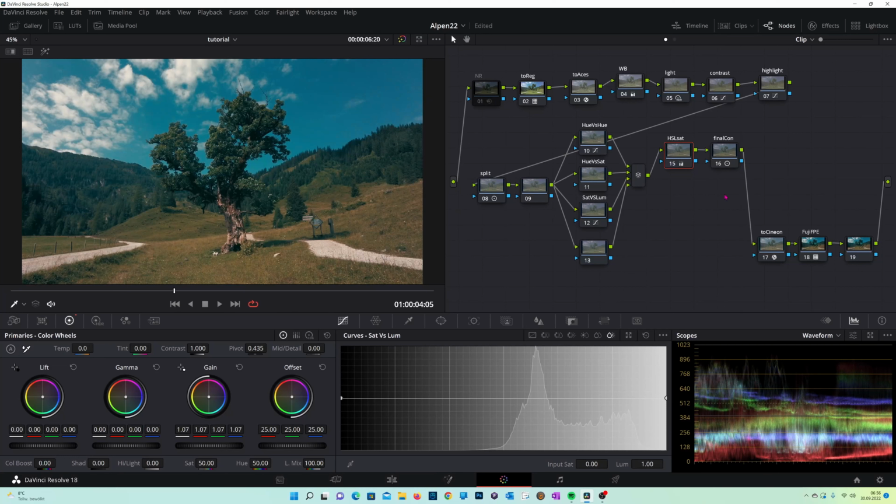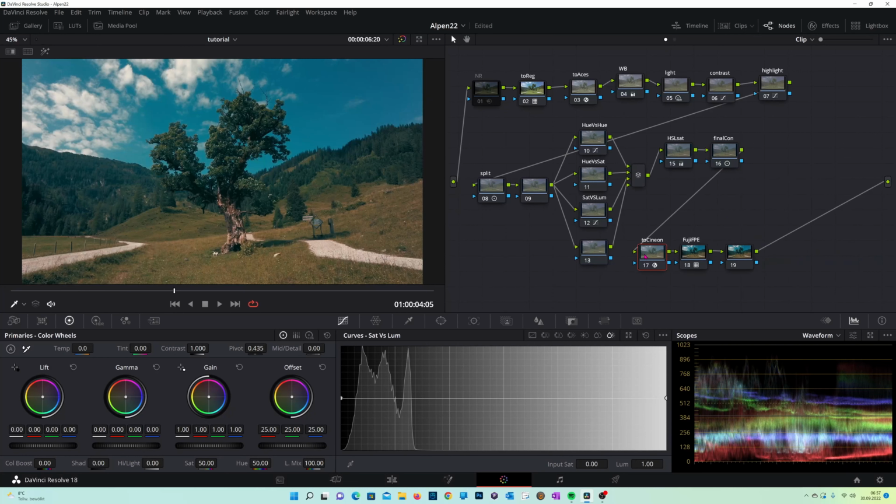At the end, or nearly the end. Then bring the final contrast by simply using the normal contrast slider. Let's take a look what's happened. It stretched the waveform, it stretched the image, and yeah, it's a tiny adjustment. Set the pivot a little bit into the dark areas, and last but not least,